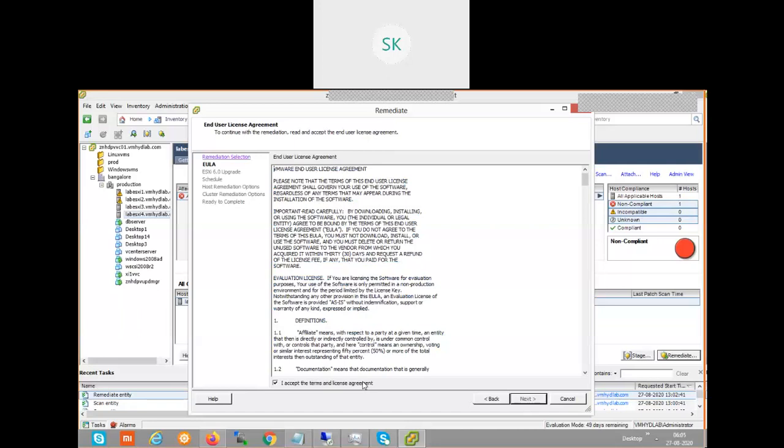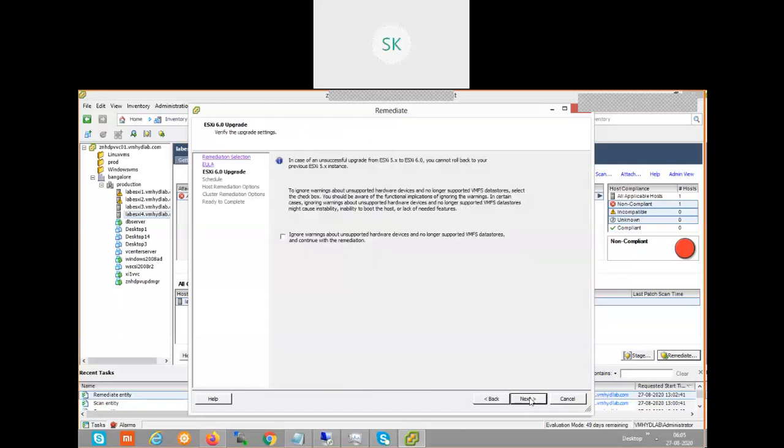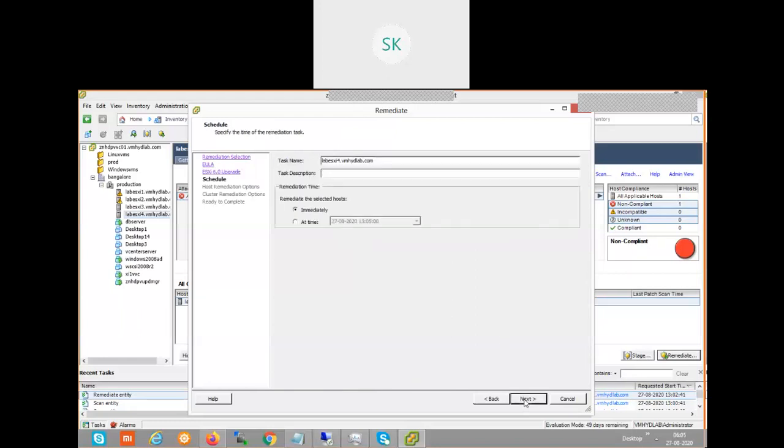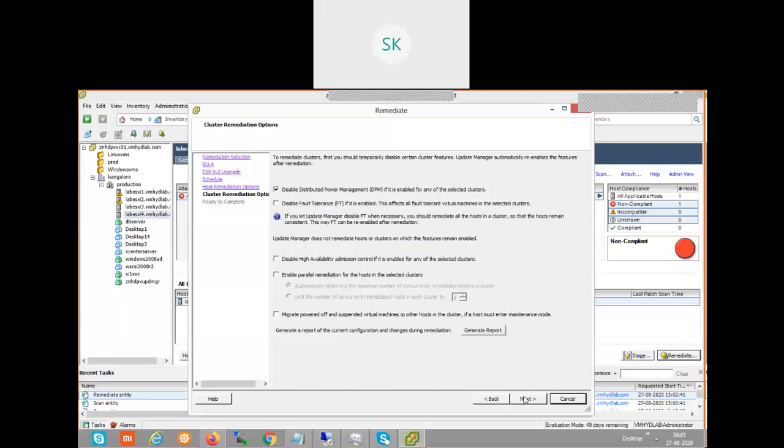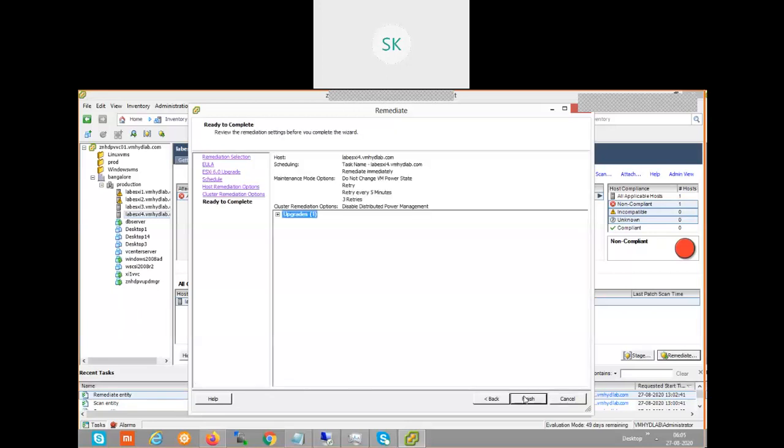Accept the agreement. It is going to upgrade. Next. Ignore the warnings. No need to put that. Just click next. Yeah, I can schedule this one as well. I'm proceeding with immediate. Click next. Next, these are the cluster default settings. Proceed. Next. See what the baseline is. It is going to upgrade the baseline from 5